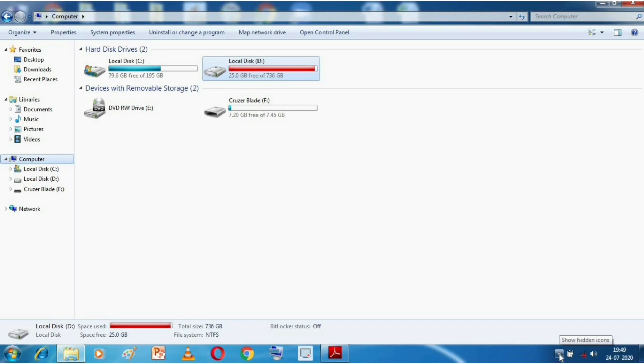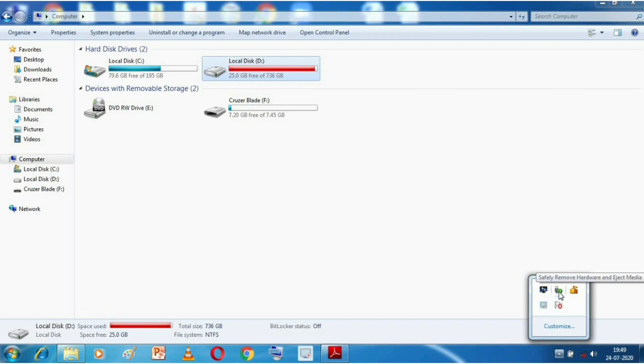As soon as I click on this arrow, these options are shown. I need to go to the option safely remove hardware and eject media, and left click on this icon.